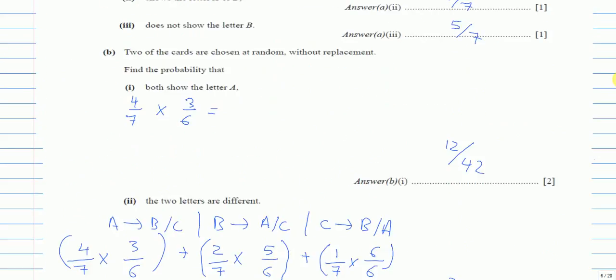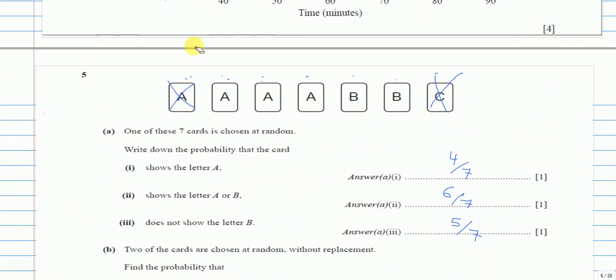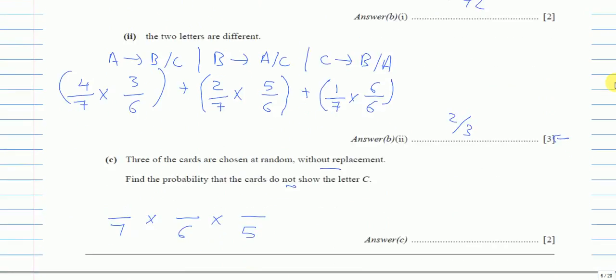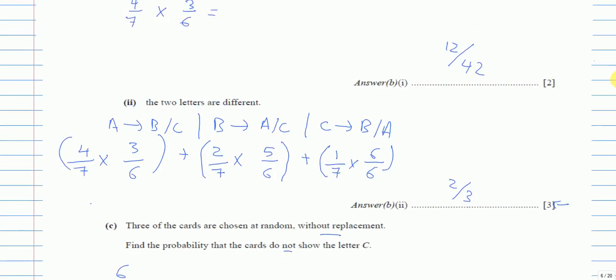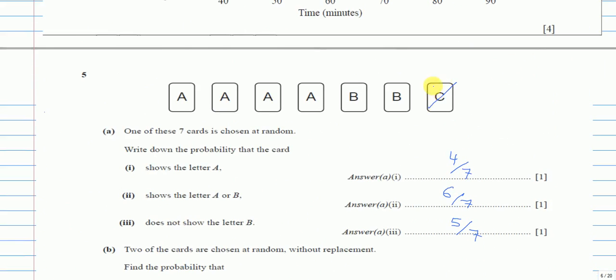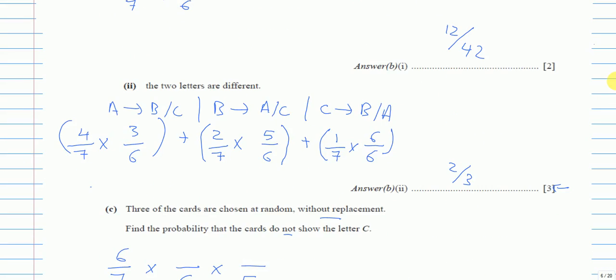For the first one, when they have all of them, it is not a C, so it can be this one, 1 2 3 4 5 6, so it can be 6 chances. It is not a C. Now for the second one, a card is already chosen and still it should not be a C. One of them is already taken out. So how many chances still do we have? 1 2 3 4 5 that it is not a C, so it can be A or B, so it is 5 this time.